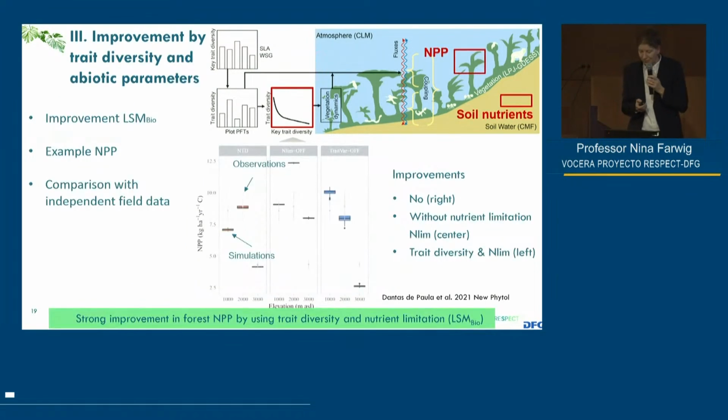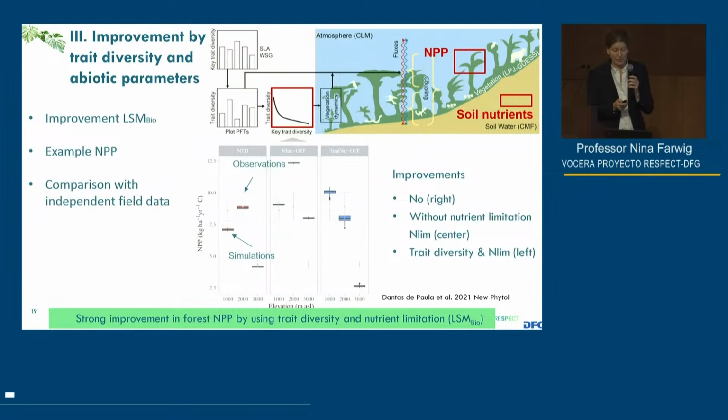And they have been implemented now in the Humboldt model. And not only the trait diversity of the trees, but also soil nutrients have been implemented in the model. And you can see here, exemplary, the net primary production. On the one hand, okay, these gray bars are not well visible, so that's the measured data, and the colored plots are the simulations. And what you have to trust me on now is that the model that includes the traits and the nutrients performs much better than the ones where either the nutrient limitation is not included or the trait variation is not included. So we have a strong improvement to project net primary production by using both trait diversity